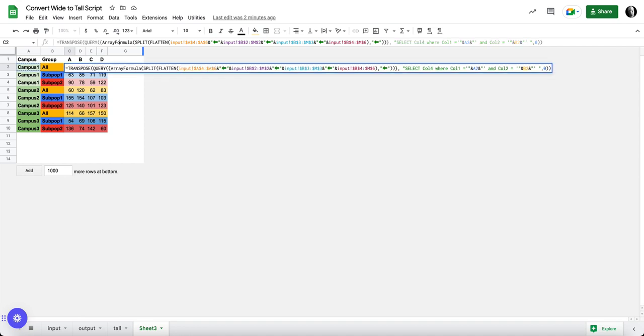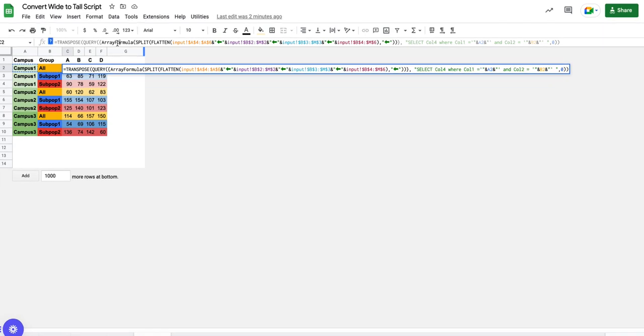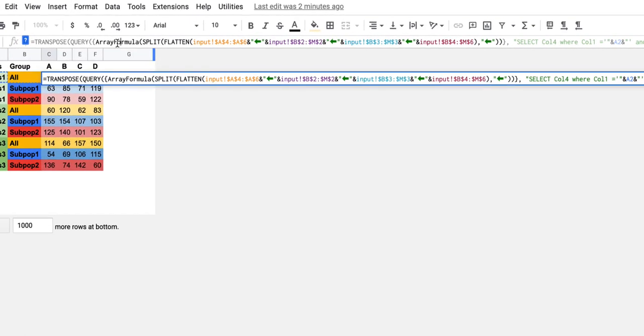If I scroll in here a little bit, we can look and see I have a curly bracket around this formula because what I'm doing is building an array with all of that data. And then I'm querying the array, selecting column 4, which is the output of the numbers,